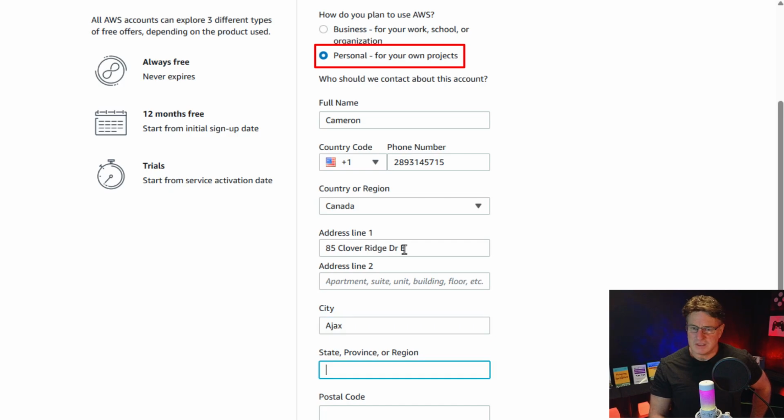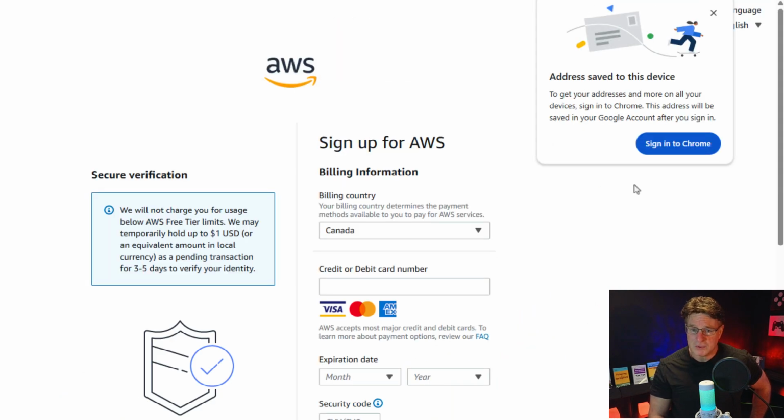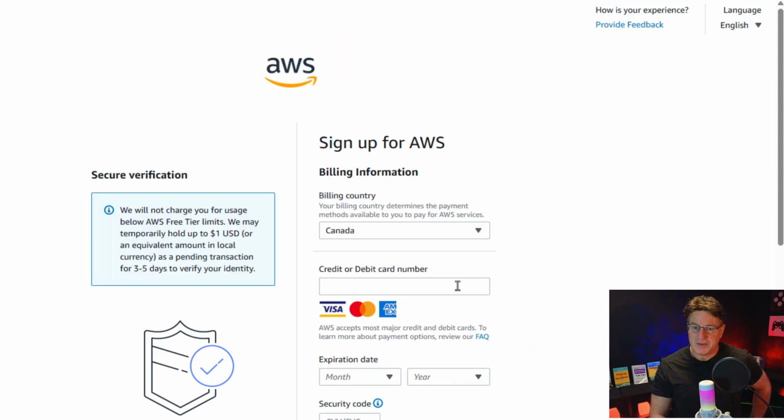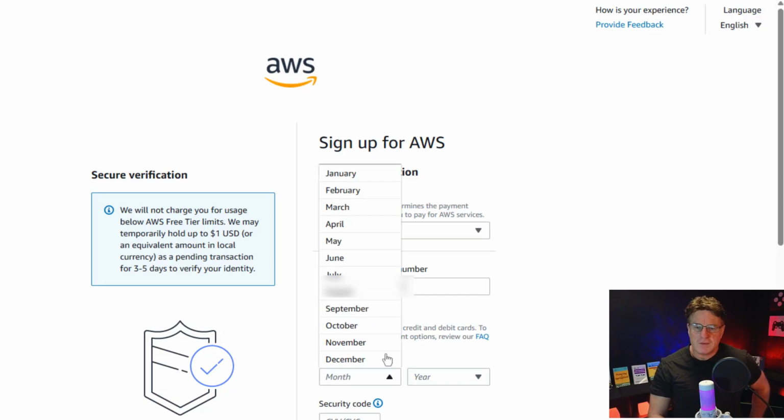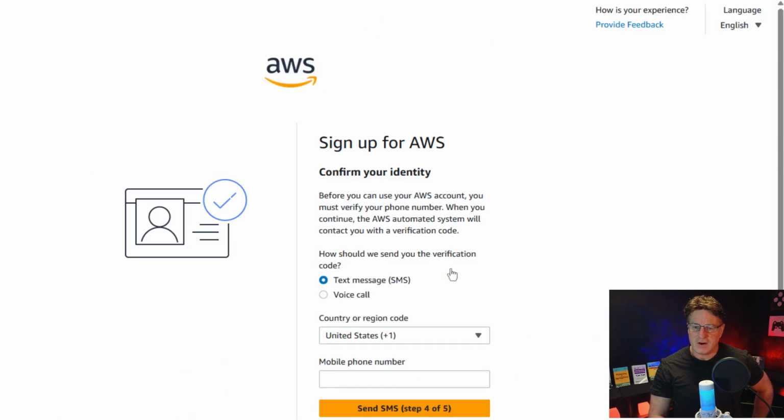I'm just going to be using this as a personal account. I'm going to put in my name, Cameron. I'm going to put in my address. If you want to send me a postcard, well, now you know where to send it. The next thing you're going to need is your credit card. Now I'm going to be using the free tier. So if I'm smart and I don't try and do some Bitcoin mining, well, the AWS usage is going to be free for me, but they still want a credit card just in case you go over. So put in your credit card digits, confirm it with your expiration date and security code, click verify when you're